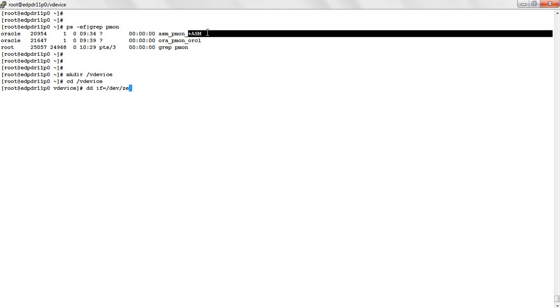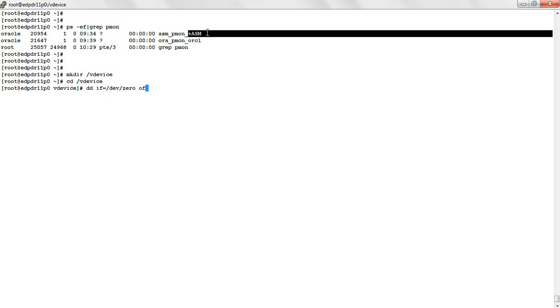If you don't know the dd command, for those who haven't worked with raw devices, this command is used to copy block by block from one device to another device. Another device could also be a file, but it's more of a block copy. You often use it for raw devices.